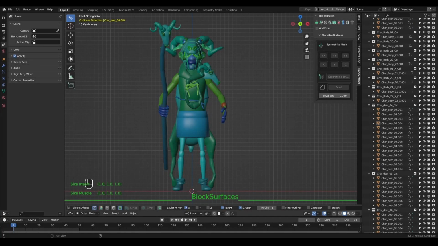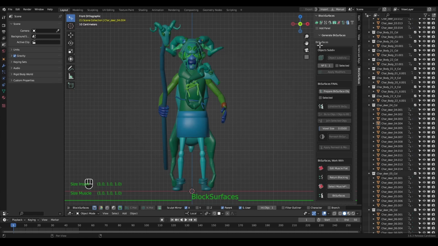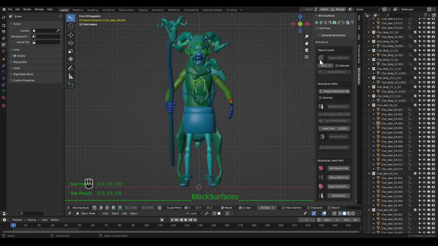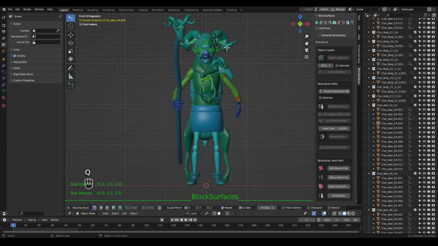Let's move on to the next panel, the panel dedicated to generating the final meshes with block surfaces. In this panel, we will generate the final model to leave it ready for the next process. In this part, we will be able to add subdivisions to the objects of the branches to have better definition of the shapes. Subdivisions are added to the objects that make up the branch so that the final generated model